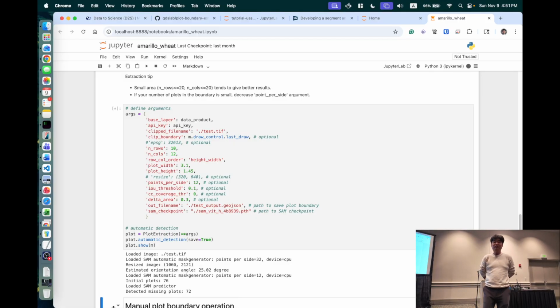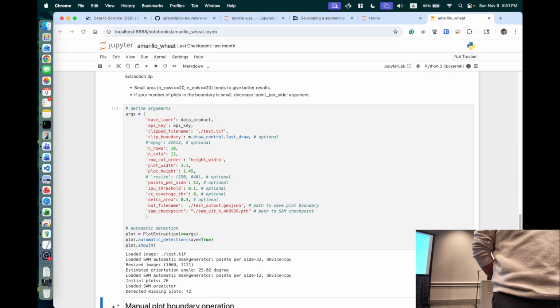And I think one of the benefits of this approach that we highlighted in the paper is that using that QGIS plugin, you're trying to match as much as possible, but you can only set fixed row spacing and column spacing. There are a lot of cases where your plot boundary is not placed exactly at the center of the plot.